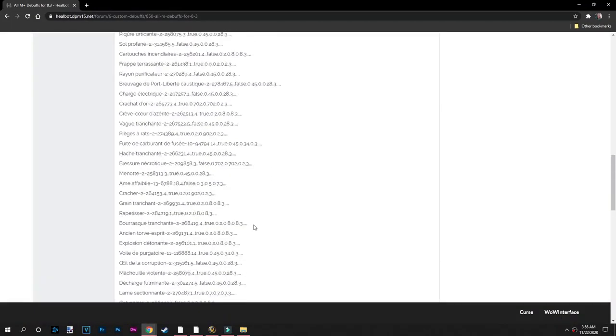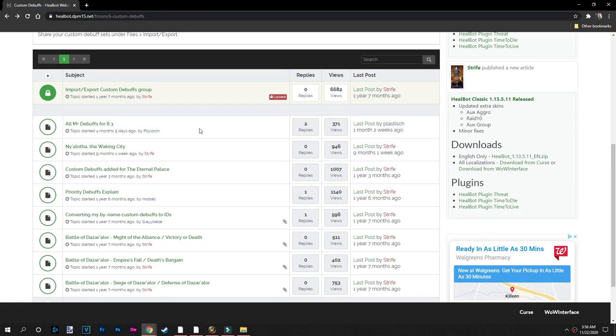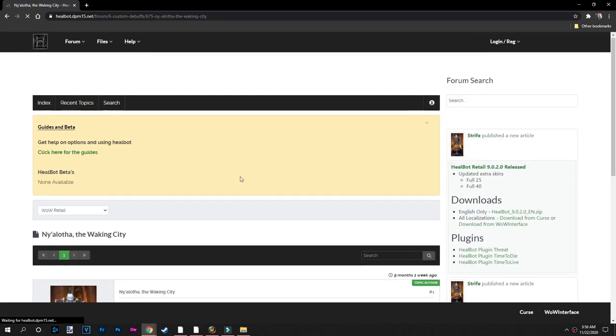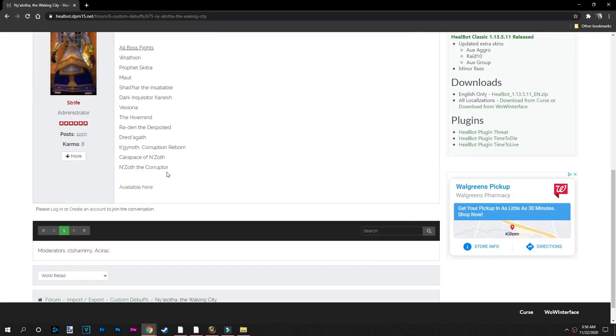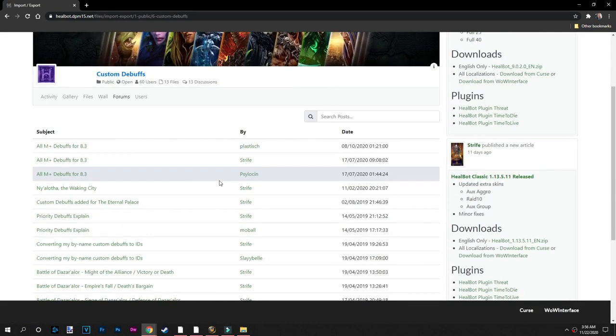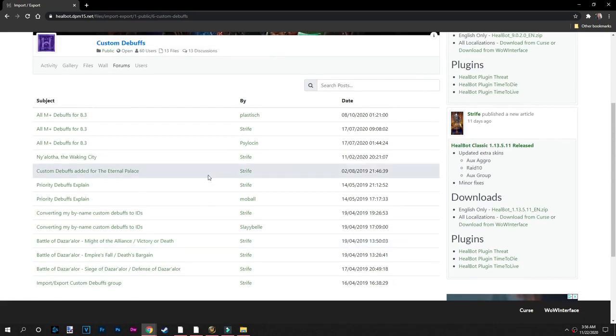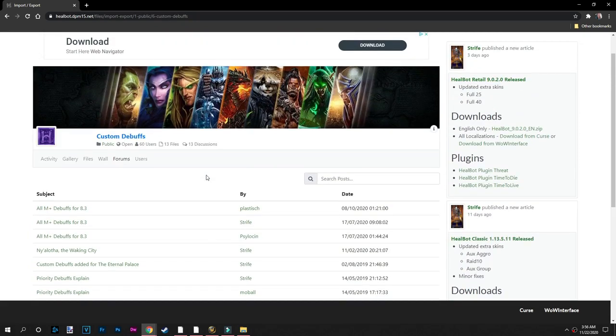These are all in French, but not everyone is in French. Just go scroll through the forums here and have a little look-see. Like here's one for their last raid. That was pretty interesting. Available here, and you just click the button and you can download them that way. All the debuffs. Yeah, so there's a lot of them. That's how you would download